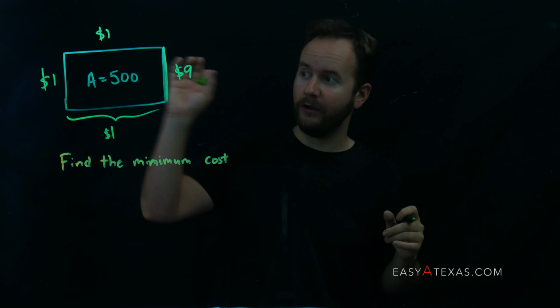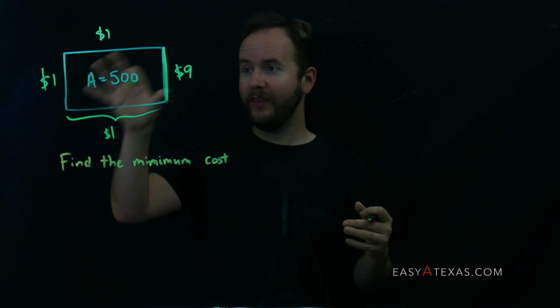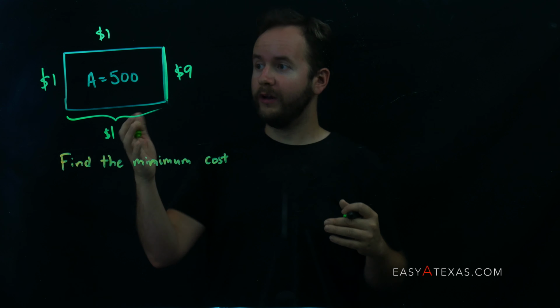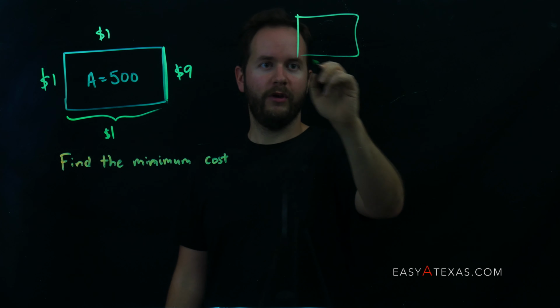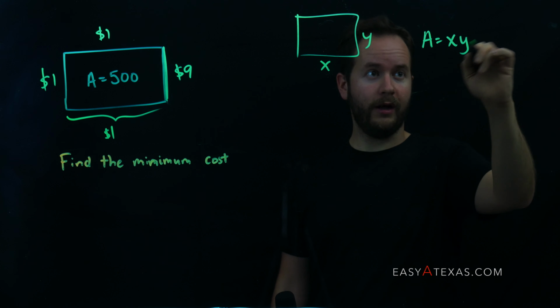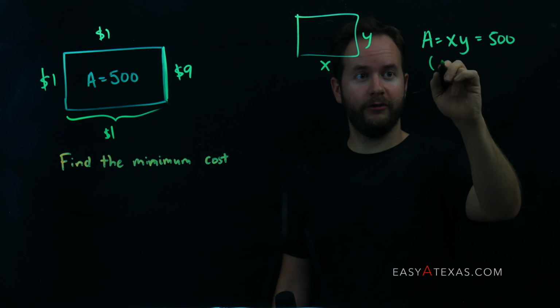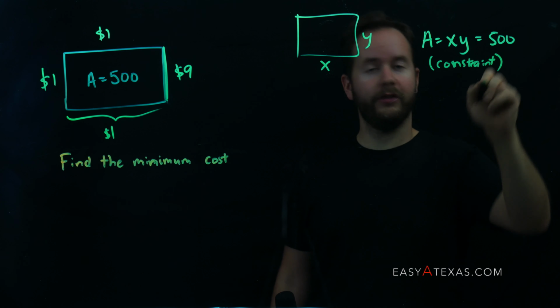So we want to make a yard that encloses 500 square feet, or 500 square yards, or whatever, knowing that these are our costs. So here's what we're going to do. We're going to say, what's our constraint? We're going to go ahead and label the sides of our rectangle. Let's do our new rectangle here. We've got x and y. The area of this rectangle is x times y, and it needs to equal 500. This is our constraint. Our constraint is no matter what rectangle we make, we want the rectangle to have an